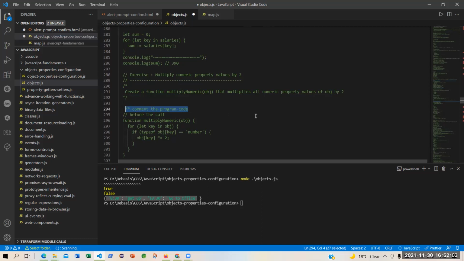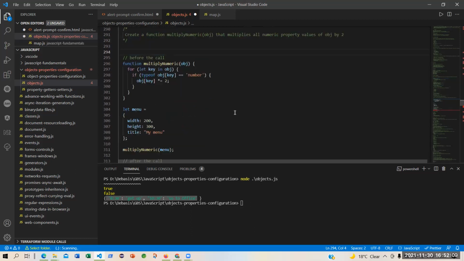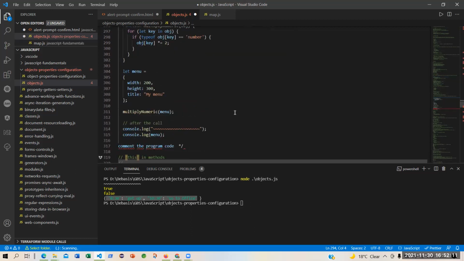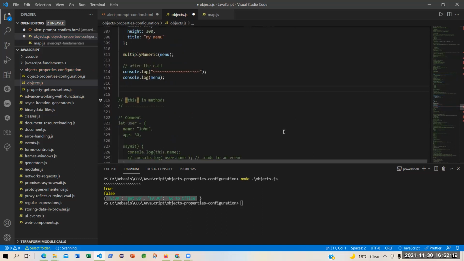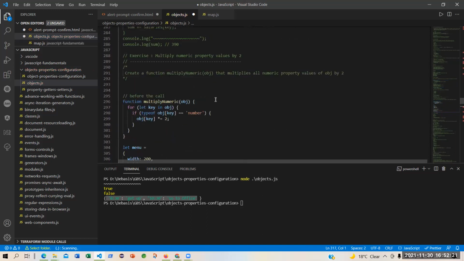Here, a small program just to see that we can multiply numeric property values by 2. How do we do that? That is what we are trying to check. Fine, this is one program that we would like to execute.